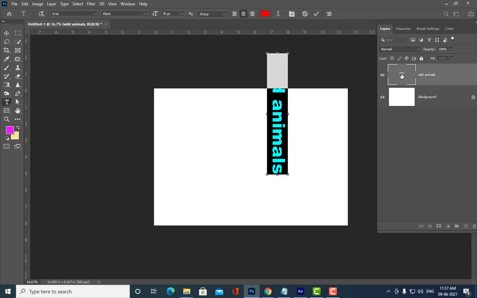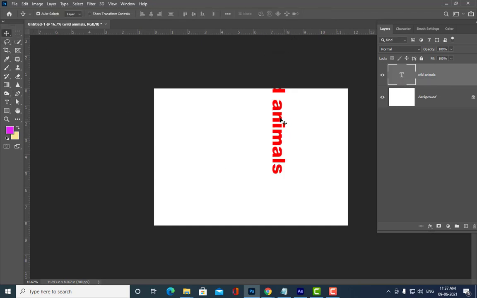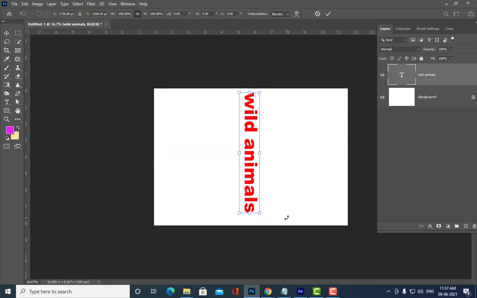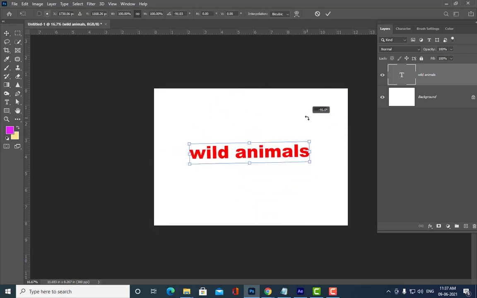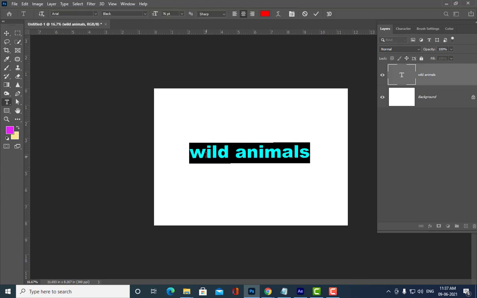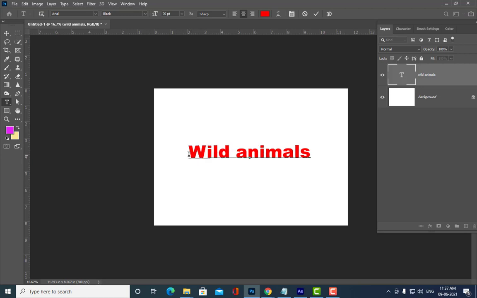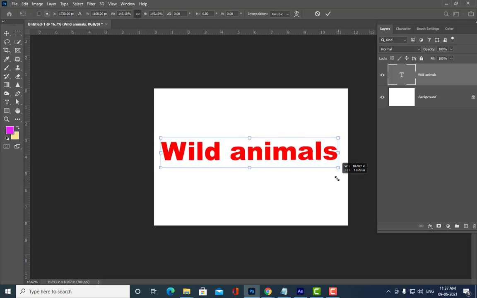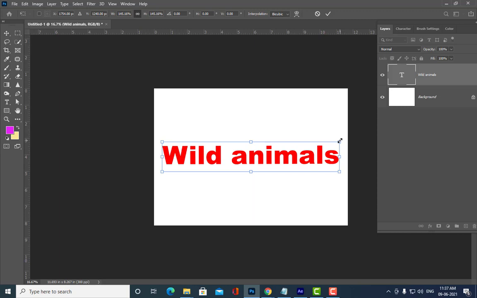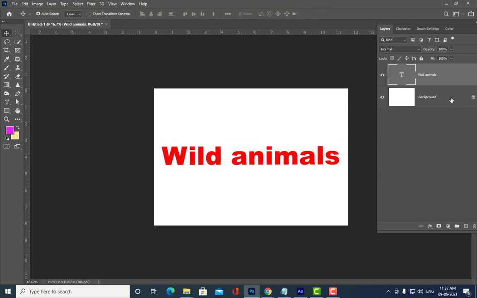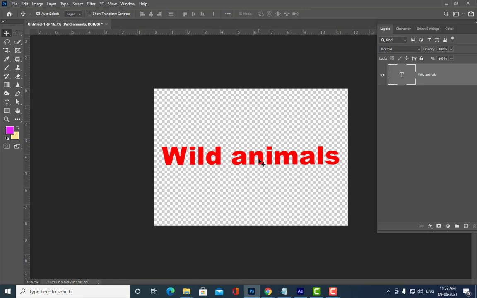What is the shortcut to reduce the size of the text in Photoshop? Anybody can tell? Control shift less than. Okay. What about others? Nobody is speaking, huh? Except one guy. So is there a problem with the mic or what? Vishwanath, Prashant, Bharat. And who is the other guy? Are you there or left? Yes, sir.